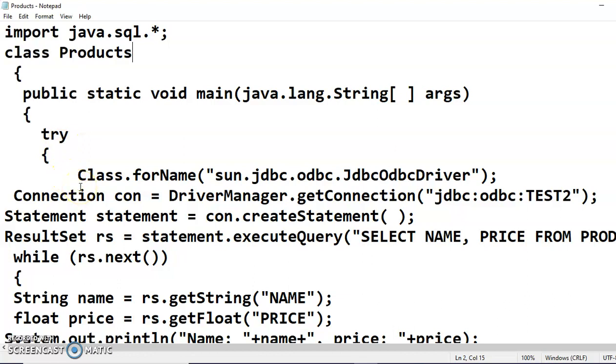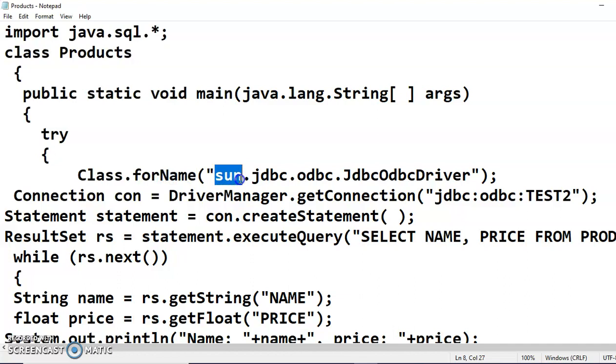When establishing a connection with a database, there are certain steps which we need to follow. The first step is always the selection of the driver. So Class.forName. This is the method we'll use in order to specify which driver will be used in our program. The driver we are using is the JDBC-ODBC driver.